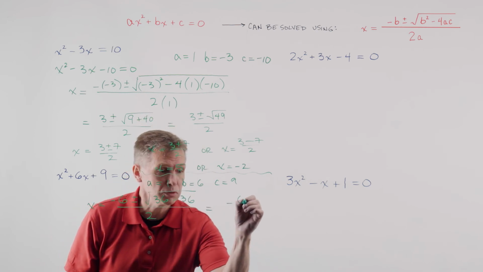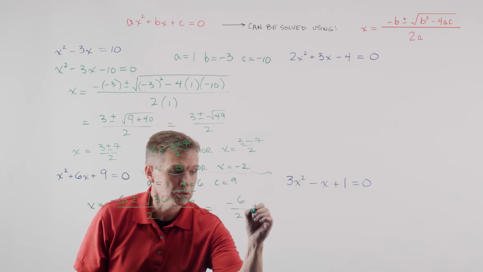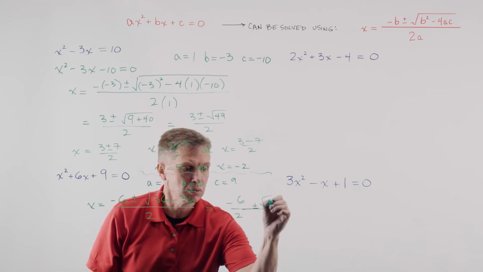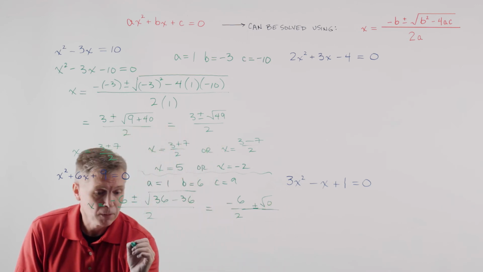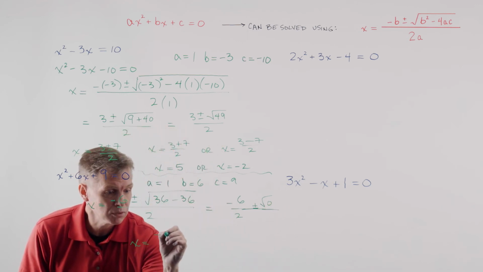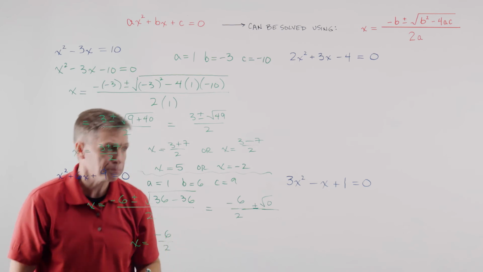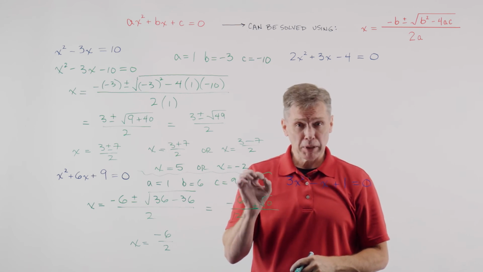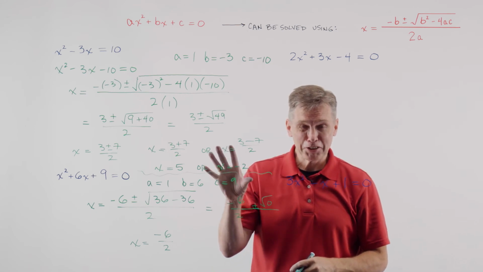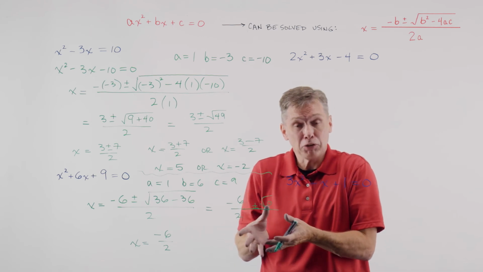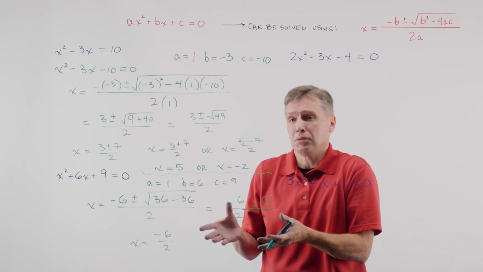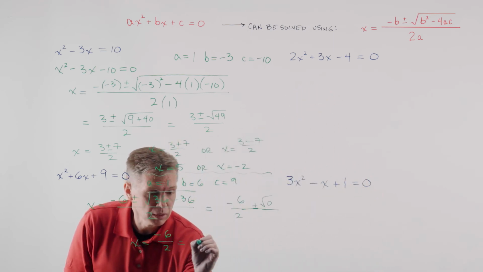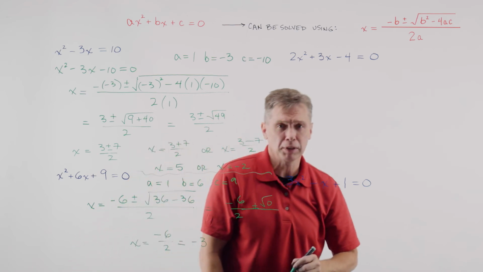What we get is minus 6 divided by 2 plus or minus square root of 0 up top, which is just 0. So x equals minus 6 divided by 2. I'll clean that up in a second, but the plus or minus square root of 0 is plus or minus 0. And from that last example, I was talking about two solutions, right? Plus or minus, but they're the same in this case. Plus 0 and minus 0 do the same thing. So I only get this one solution of x equals minus 3.